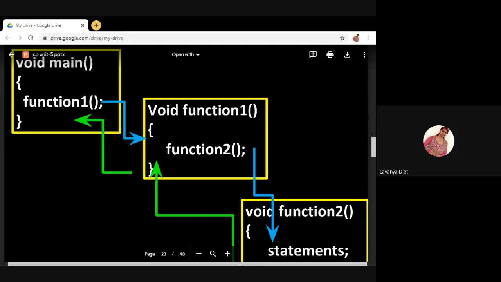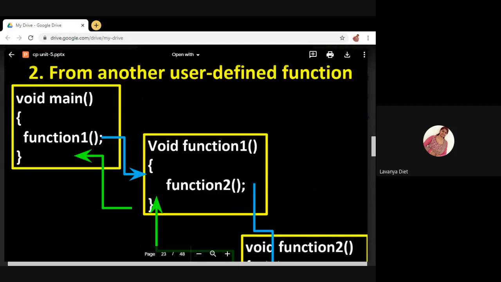When control comes to function1(), control jumps to its function definition, see this blue arrow mark. Here, void function1(): I am not passing any values inside the parentheses. Void means the function is not returning any value.